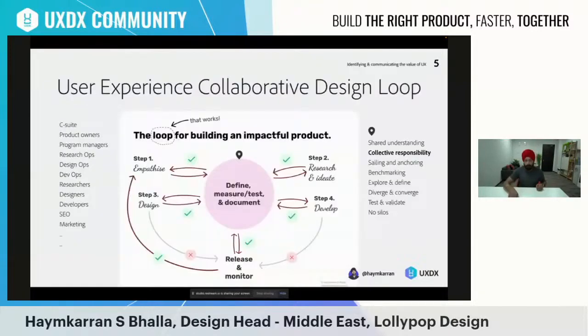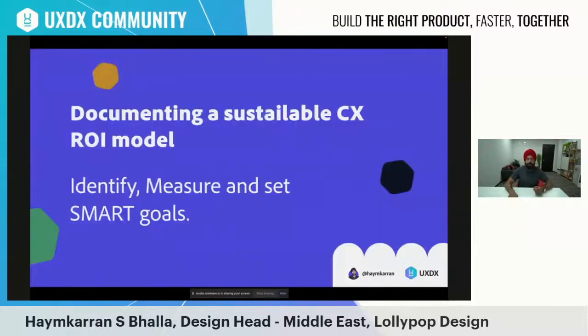Moving on, here is a quick model that I've created that involves every single stakeholder. On the left-hand side, you can see a couple of stakeholders. On the extreme right is my vision, my expectation from this model and approach, wherein at every single instance you are defining, measuring, testing, and documenting your progress with cross-functional teams and then taking the next steps. More on this later in the next session. I'll be taking a session on the 20th of December as well, so I'll be more than glad to describe this later.